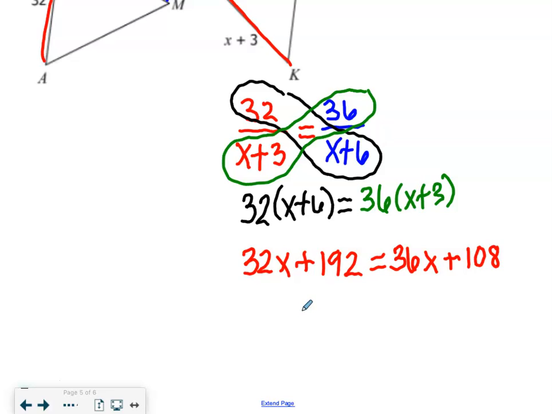Bring our x's to one side and our numbers to the other. So 192 minus 108 would be, what, 84 equals 4x. X equals